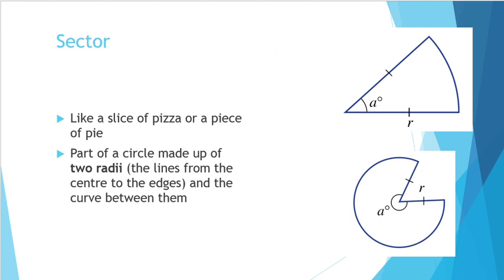Now, not all sectors are going to look nice and pretty. Some sectors can look like this one. They can look a bit like this as well. They can look weird overall in general, pretty much,